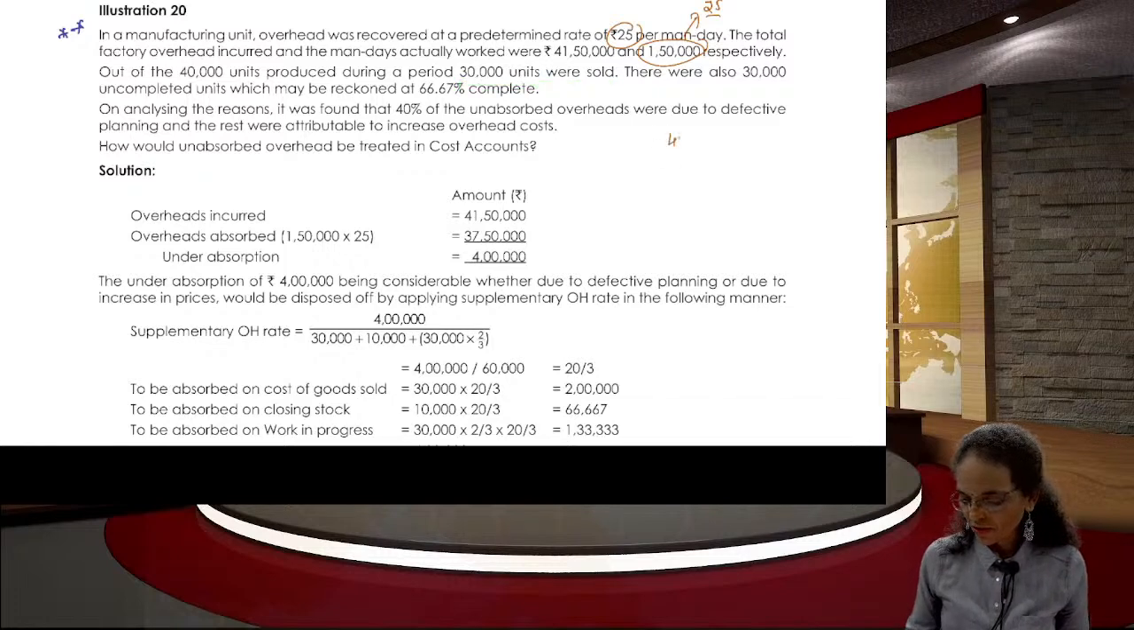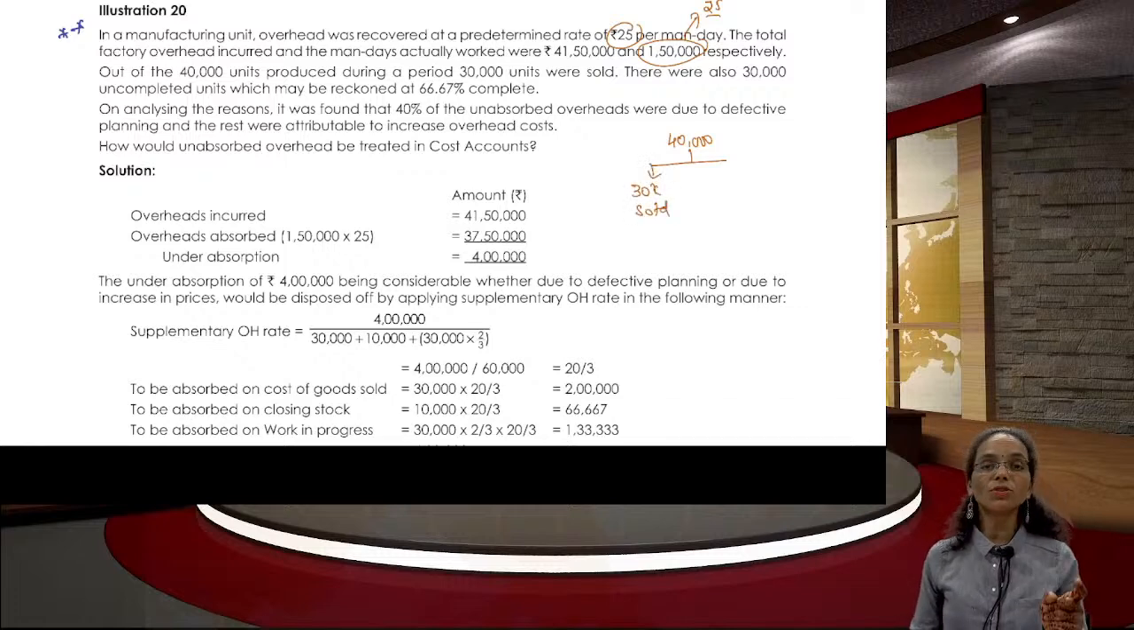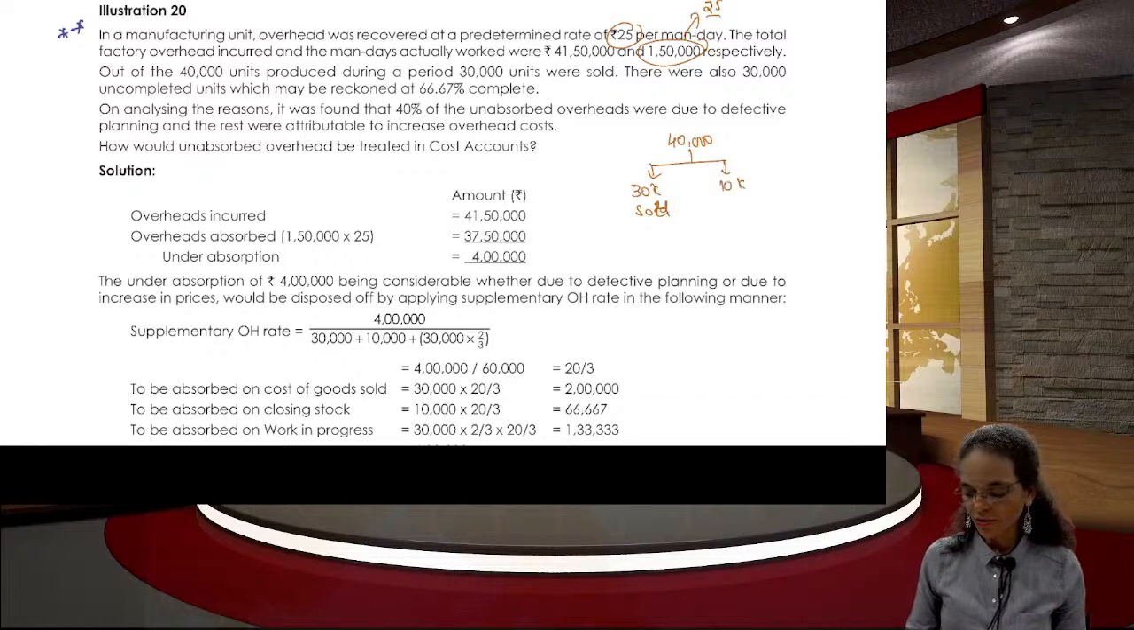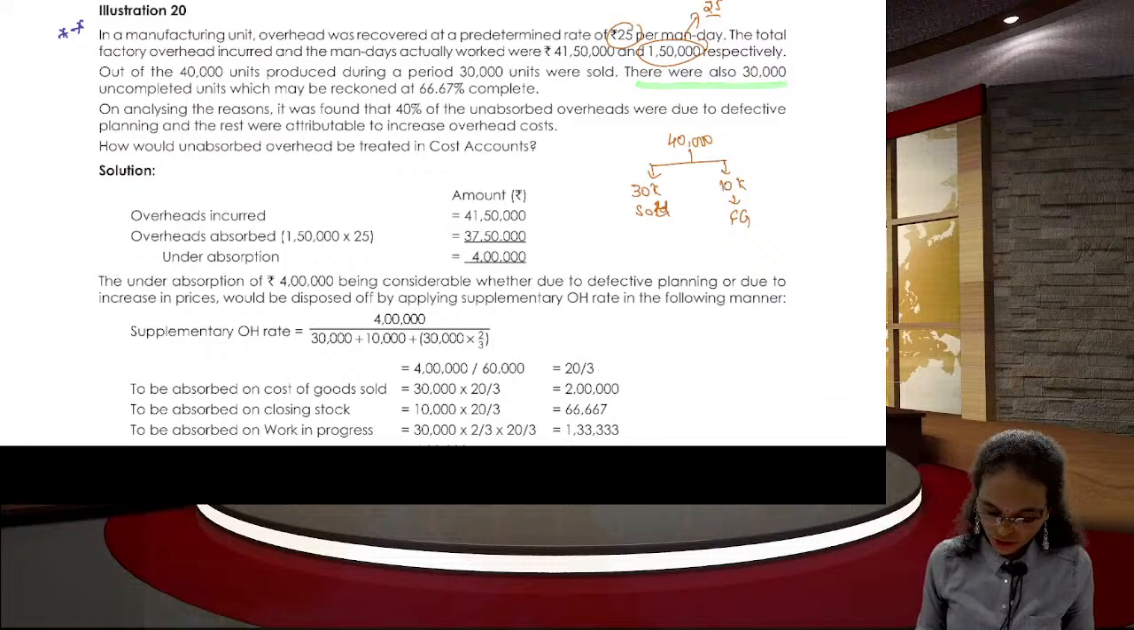Out of the 40,000 units produced during the period, 30,000 units were sold. See, 40,000 units produced, out of this 30,000 units sold. When 30,000 units are sold, we can say 10,000 units are with us as finished stock. There are also 30,000 uncompleted units which may be reckoned at a rate of